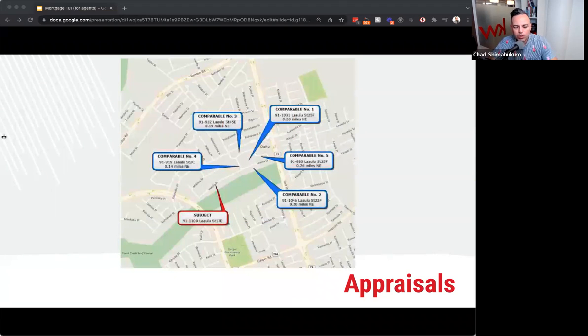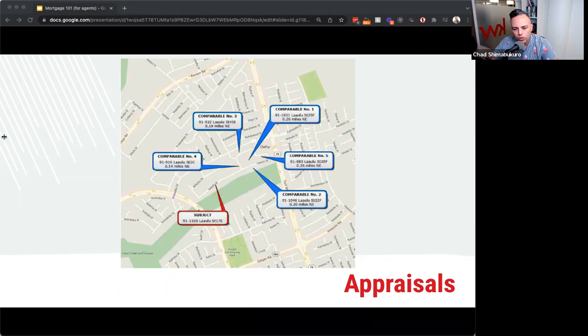As far as comps go, there's a lot of agents who will go, yeah, there's a comp over here, and that property sold for like 2 million, but mine is 500,000. That's not a comp. A comp is as close to that property as possible. This is an actual screenshot from an appraisal report of where the comps are. This is in the same community, in the same gated community. So all those things that are in there are absolutely comps. They need to be as close to the subject property as possible.